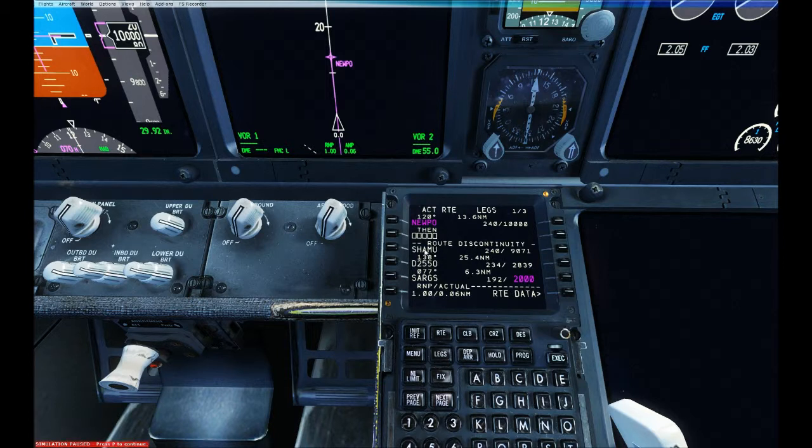If we go to legs now, we see that there are more fixes that have been added, and we have 3 pages now, 1 of 3. And also we have this discontinuity after Newport. There's nothing after Newport. It's a discontinuity, and then the next fix will be Shamu. Now if I cycle to the other pages, as you can see, we have different fixes all the way to runway 9, and then